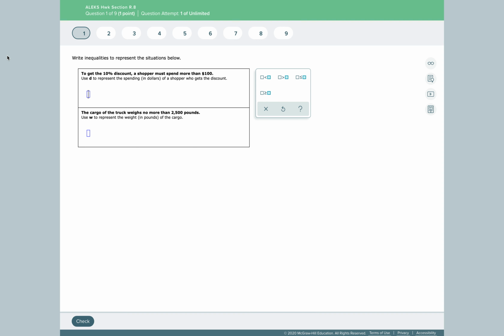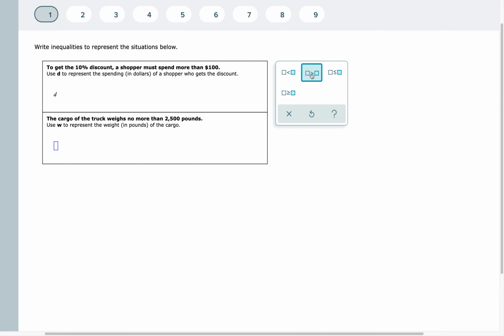Okay, for what we have in section R.8 in this particular simulation, to get the 10% discount, a shopper must spend more than $100. It says to use D to represent the spending in dollars of a shopper who gets the discount. So when you're looking at more than, and we have D on the left-hand side, we have that D is greater than